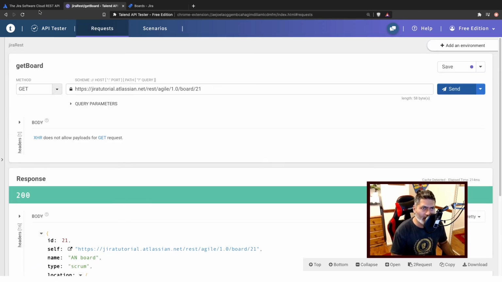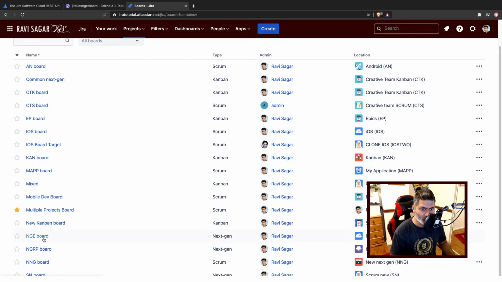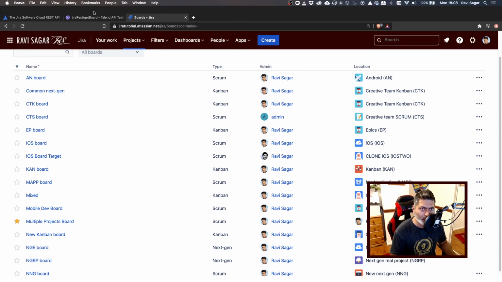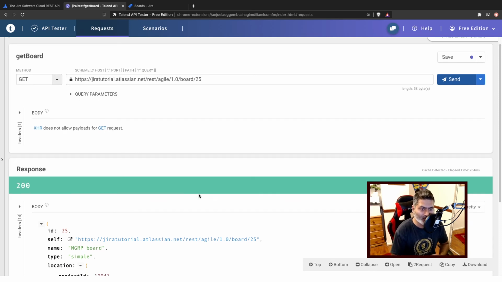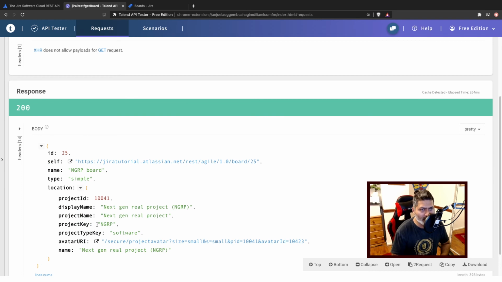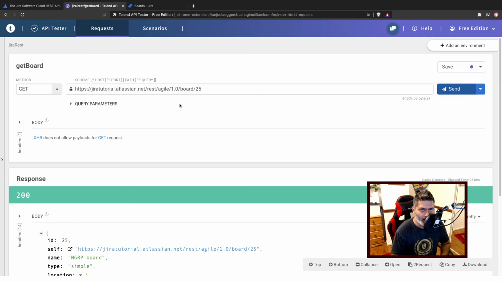And we can also take a look at maybe one more board, which is of type next gen, and the ID is 23 or 25. Let us try 25 very quickly. Let us see. So that is always good to know that we can fetch the boards, or rather I should say it can fetch the board of our next gen project as well. So you can see everything here, like the location as well. And